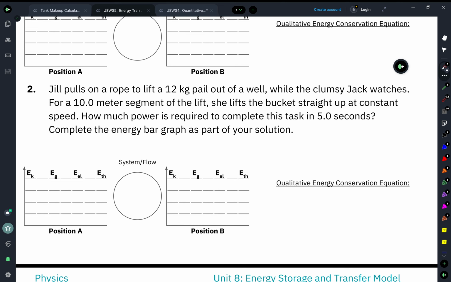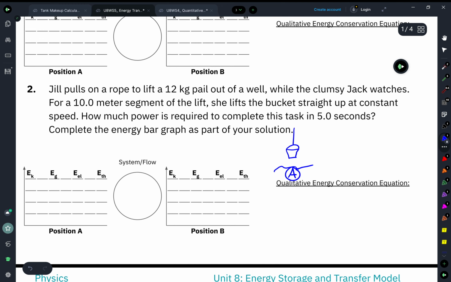Well, when it comes to this, a lot of times when we're setting up these energy bar charts, we like to use a diagram to try and make sense of the scenario. This problem doesn't have one, so we're going to create one. We have Jill pulling on a rope to lift a pail out of a well, and this is going to be for a segment of the lift. So it's probably safe to assume that for segment A, this thing is already out of that water, and it's being lifted up